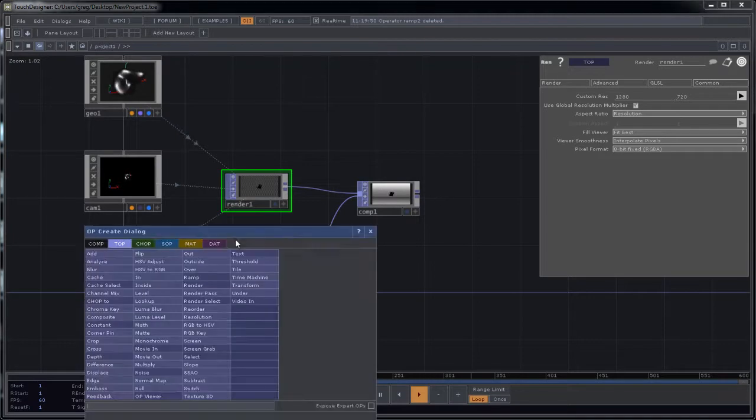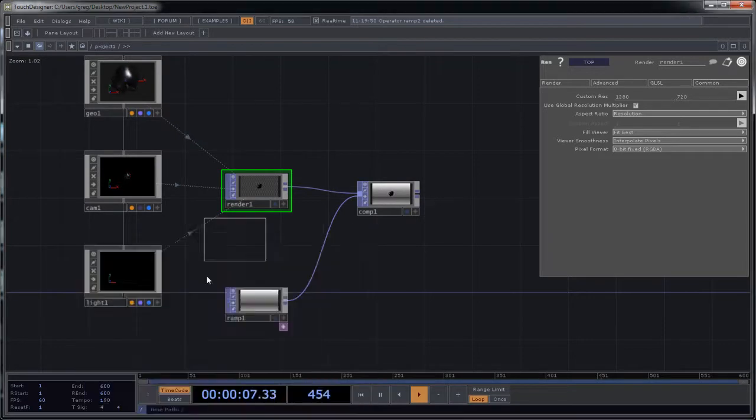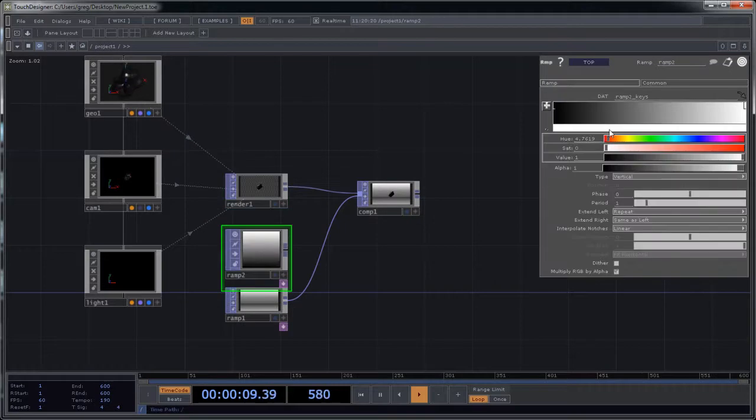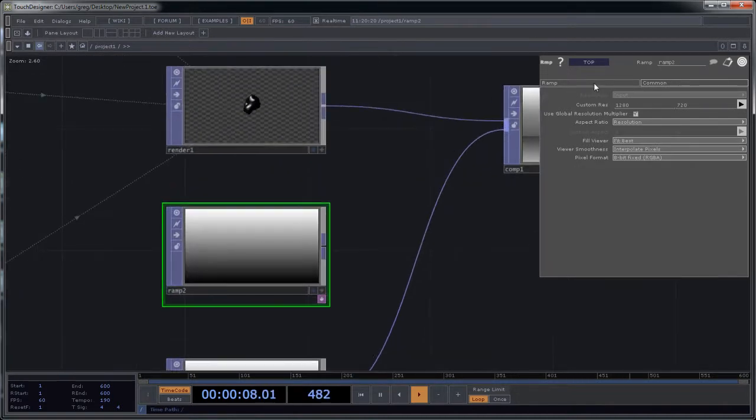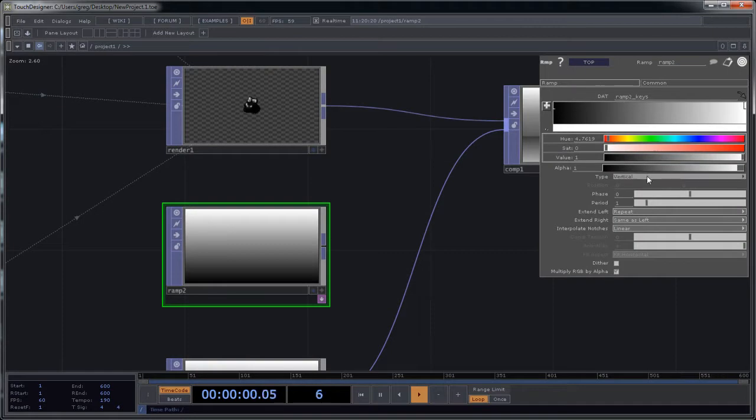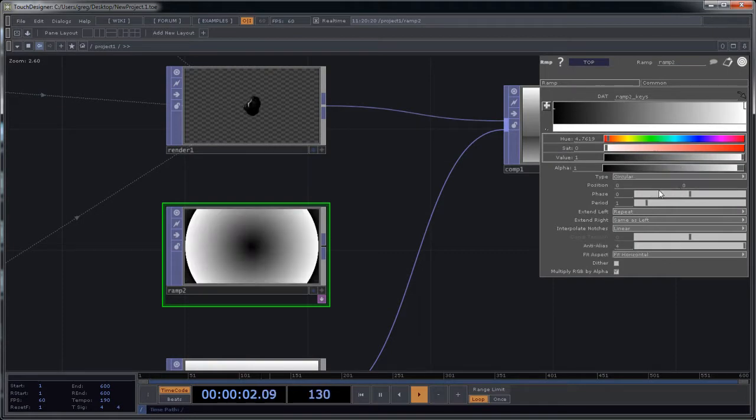So if we double click and lay down a ramp, then we can go in and first of all change its resolution to the right resolution. If we go under the common tab, we can do that. And then we want to set it so it's radial, or circular. So if we set it to circular, and then set its periods to around about 1.5,